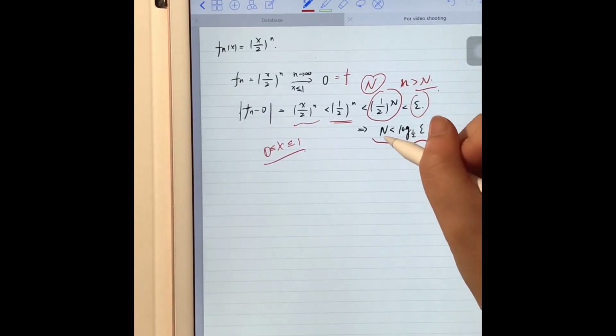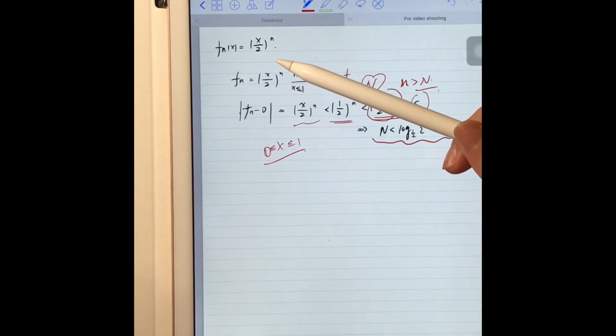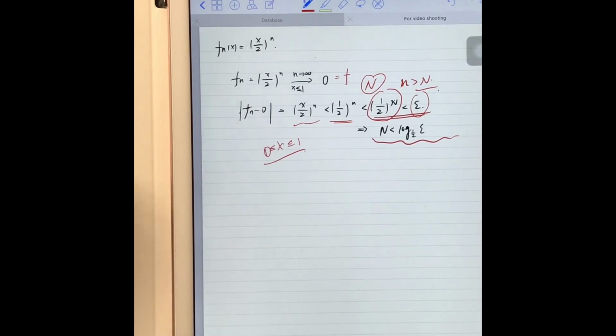If we can find such an N such that the inequality holds, then we can show that the sequence of functions is actually uniformly convergent, right? Because here we did not fix an x. The natural number N is universal for all x, right? Okay, so it's quite natural that we can say that N is larger than log base 1/2 of epsilon,